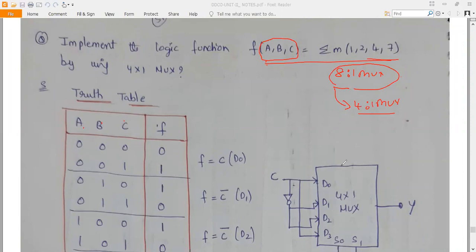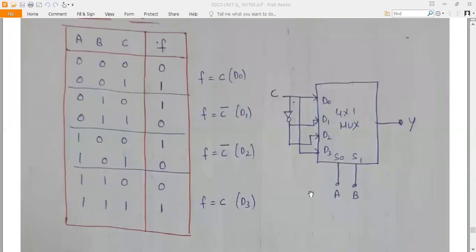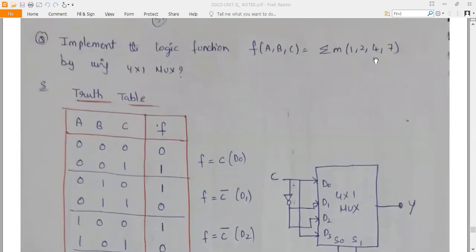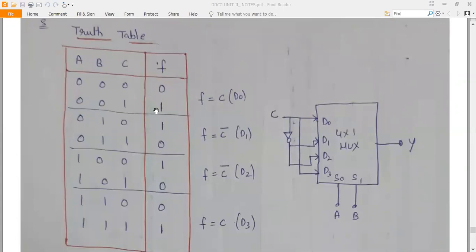And then for the function that he has given, 1, 2, 4, 7, keep the output as 1. For the remaining, the output will be 0. So we have taken A, B, C as selection lines and the function 1, 2, 4, 7, and we have written the truth table.